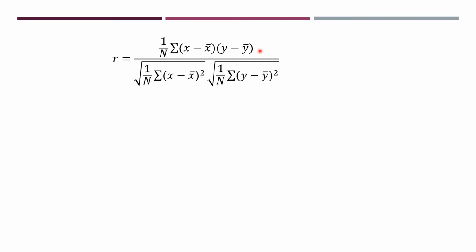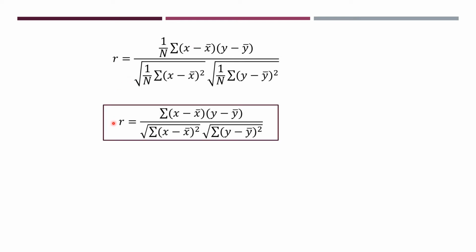So when I substitute the covariance of x comma y and sigma x and sigma y, we get r is equal to 1 by n. The numerator part is the covariance of xy. This is square root of sigma x square and this is square root of sigma y square. Now if 1 by n is there in the numerator, in the denominator also we have 1 by n, because there is 1 by n under root. So when it comes out, only 1 by n will remain in the denominator and this 1 by n and 1 by n will get cancelled.